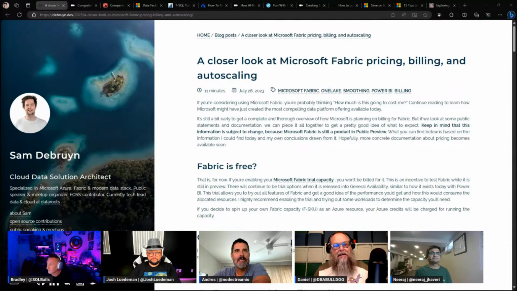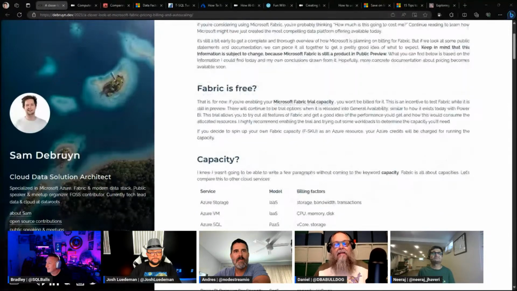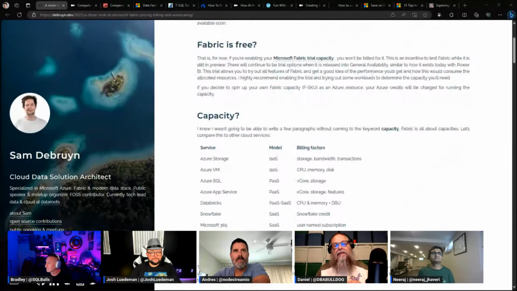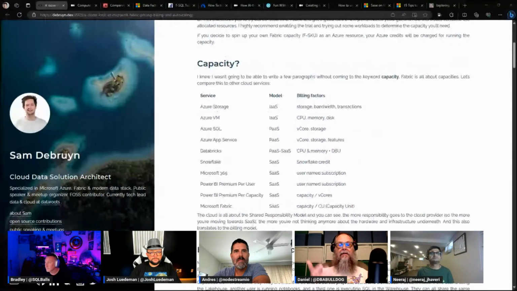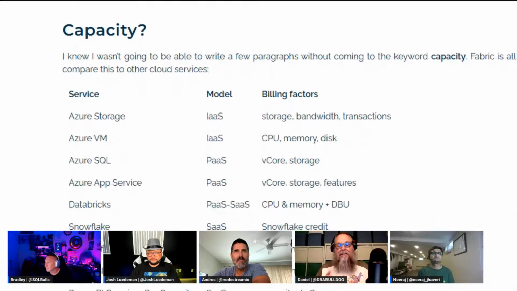So you always talk about the catch, right? The catch, the getting you in. And first off, I love how Sam started. Fabric is free. So automatically you want to read and go, well, what's this fabric thing? But then Sam goes through the capacity, compares the different types of capacity we have within Azure. Azure, wow, all of a sudden I'm fancy.